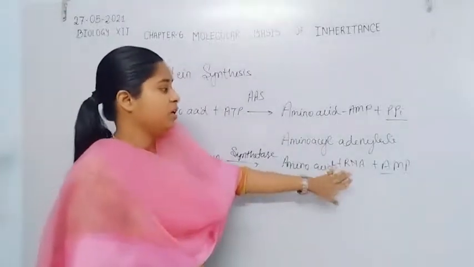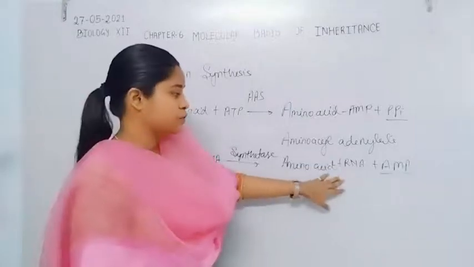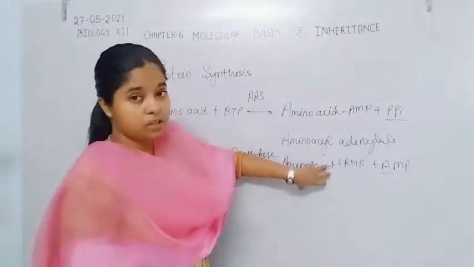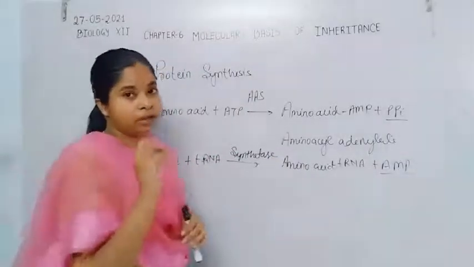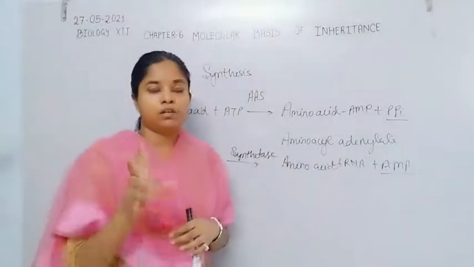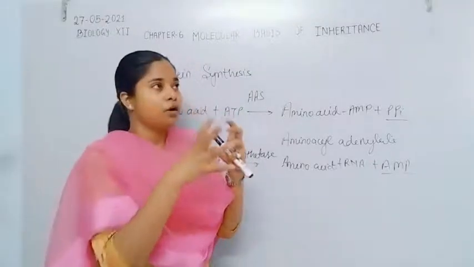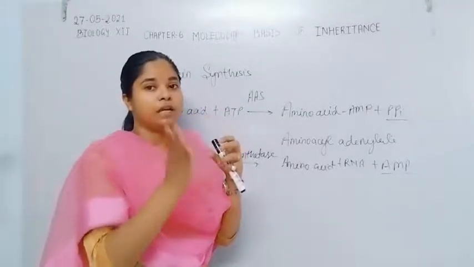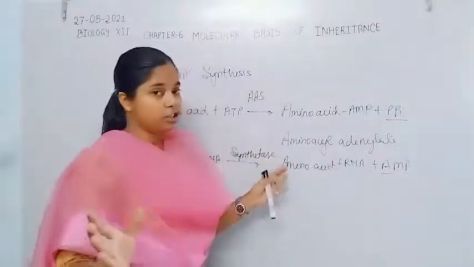Now this tRNA is able to transfer the specific amino acid to the ribosome, so that the ribosome catalyzes the reaction, or bond formation, between the two amino acids. One by one, amino acids get added to form the protein, a large chain of protein.